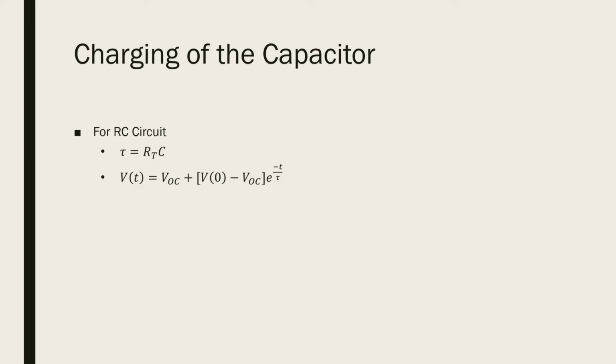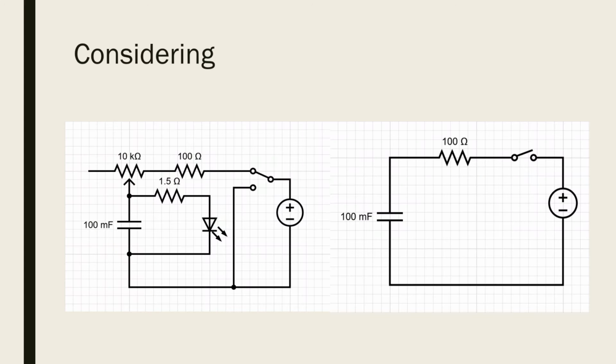So for an RC circuit, we know that the time constant is equal to the resistance times the capacitance, and that the voltage as a function of time is equal to the forced response plus the natural response minus the forced response, times e to the power of negative t over the time constant. So in the case of charging the capacitor,